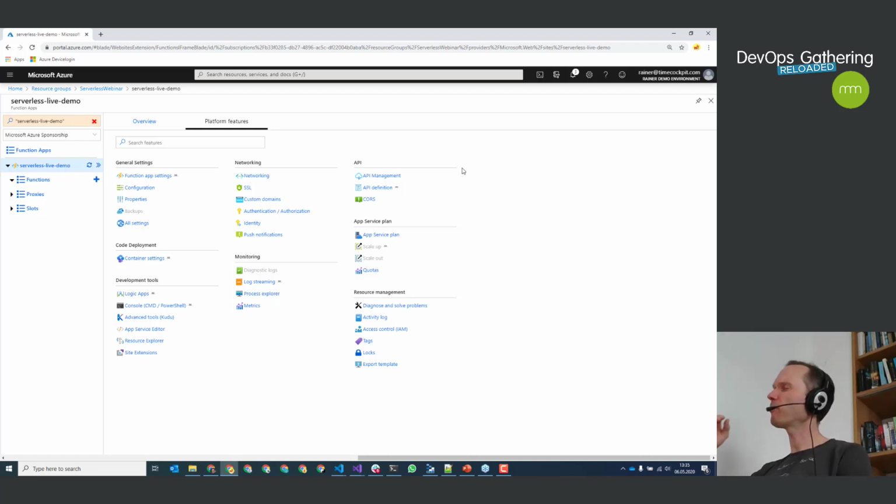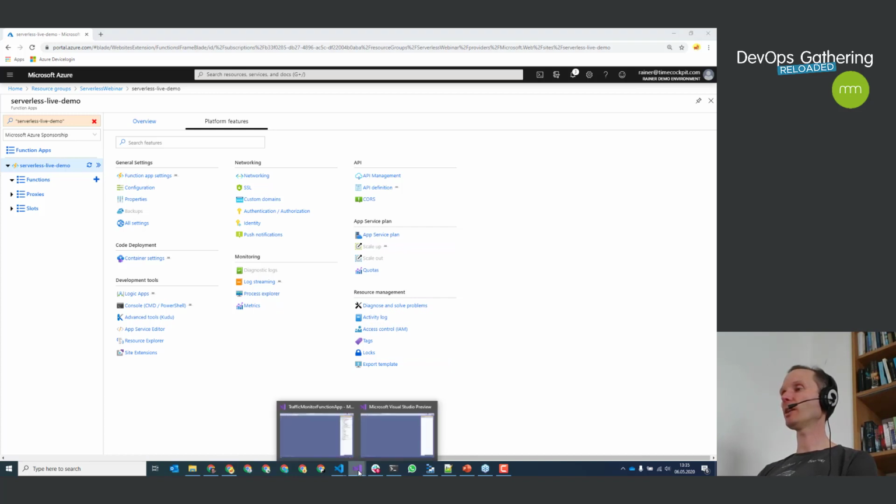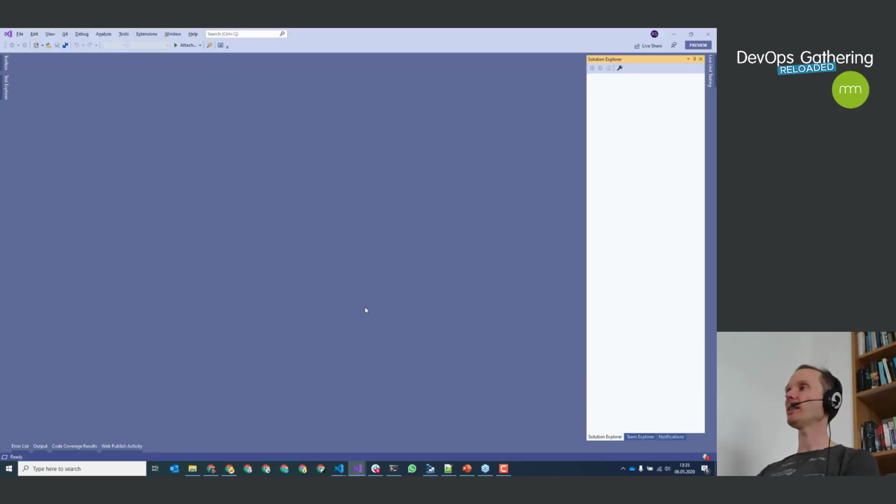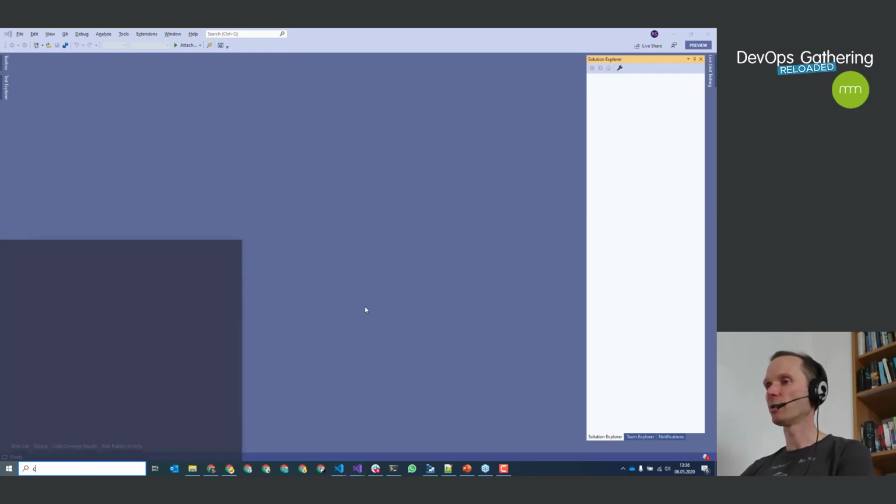It's not a real deep dive, but it's beyond Hello World, and I go to an integrated development environment, in this case Visual Studio. But I would like to make very clear that you do not need Visual Studio in order to work with Azure Functions. If you prefer a different development environment, even just an editor like Atom or Visual Studio Code, you can do all the steps that I show you here in Visual Studio with the so-called function runtime.